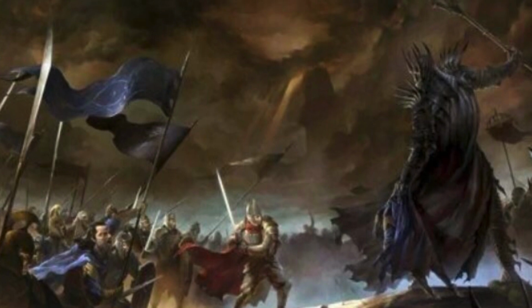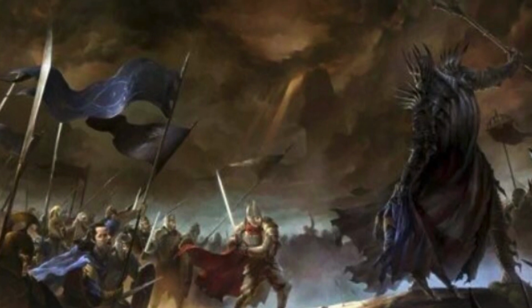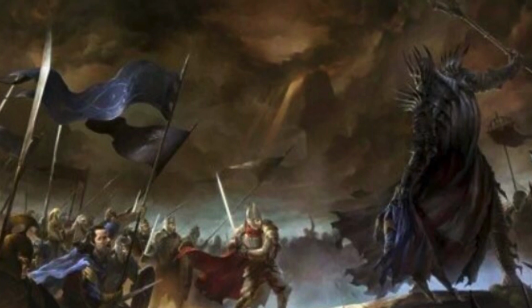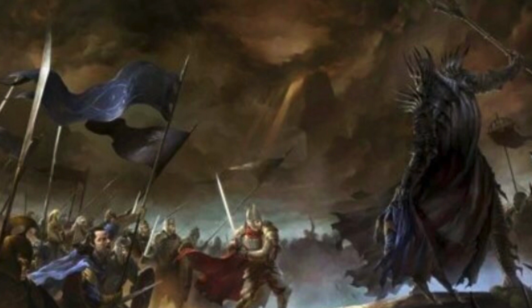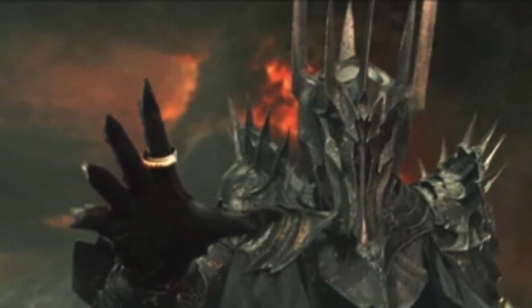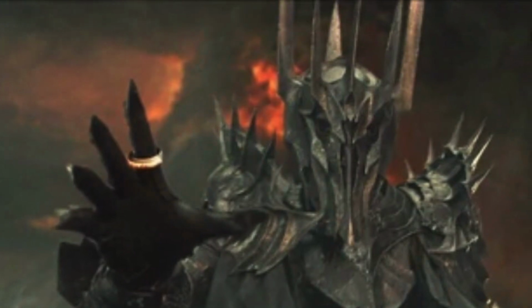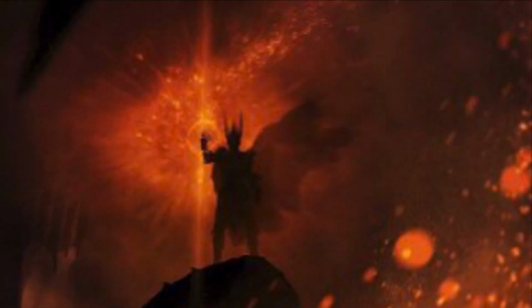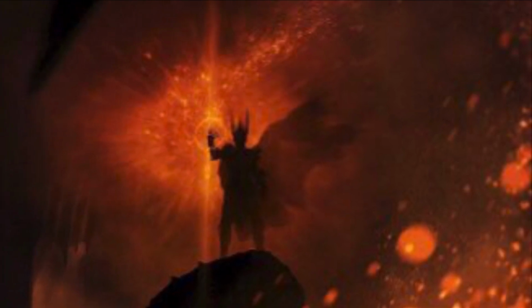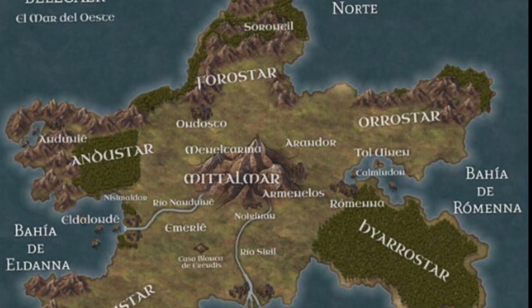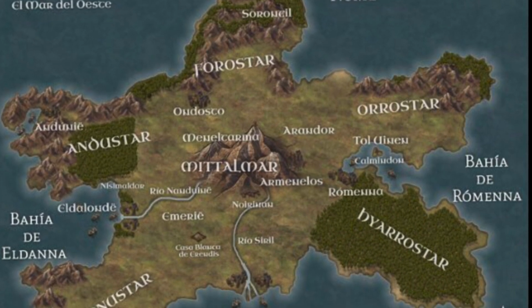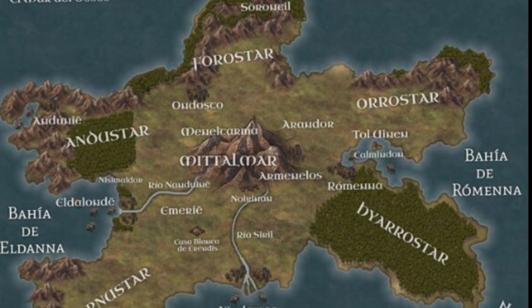If the show aims to end with the War of the Last Alliance, then this dual narrative approach could be perfect, as through the Elves we will see a lot of the Second Age, and also get to see Sauron in his different forms, such as Annatar and of course his Sauron form. And especially we can see his events through the Forging of the Rings and the War of the Elves and Sauron. And we get to see the perspective from Numenor, maybe starting 100 years before the War of the Last Alliance. Who knows, that is just one of the many examples that Amazon can use, and this all depends on